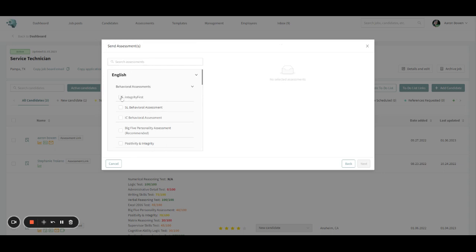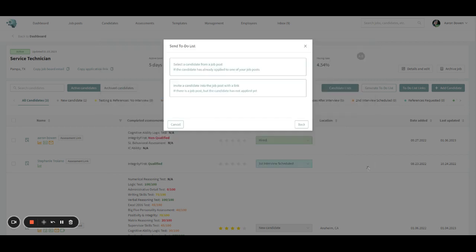So in this one here, we're going to choose send assessments. We can choose a few. Some of them may say recommended. That will depend on the job type that you chose when you were setting up your job. We'll choose next. We'll choose invite a candidate into the job post with a link if you don't have a